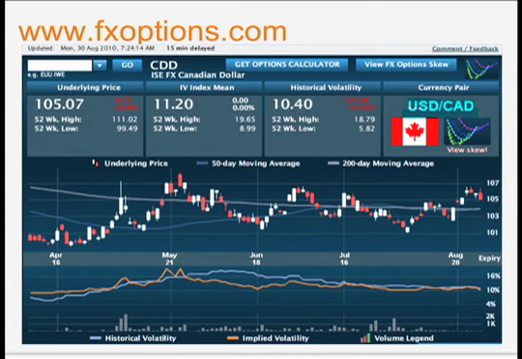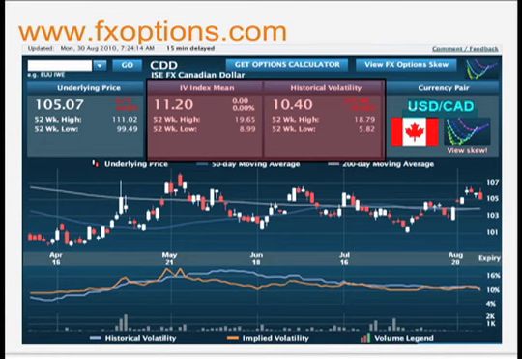Below here is a little oscillator that is reflecting the implied volatility versus the historic volatility. And what I want you guys to pay attention to here is the information that we see in these two middle boxes. So you can see that the implied volatility, this is what the IV stands for, implied volatility, is